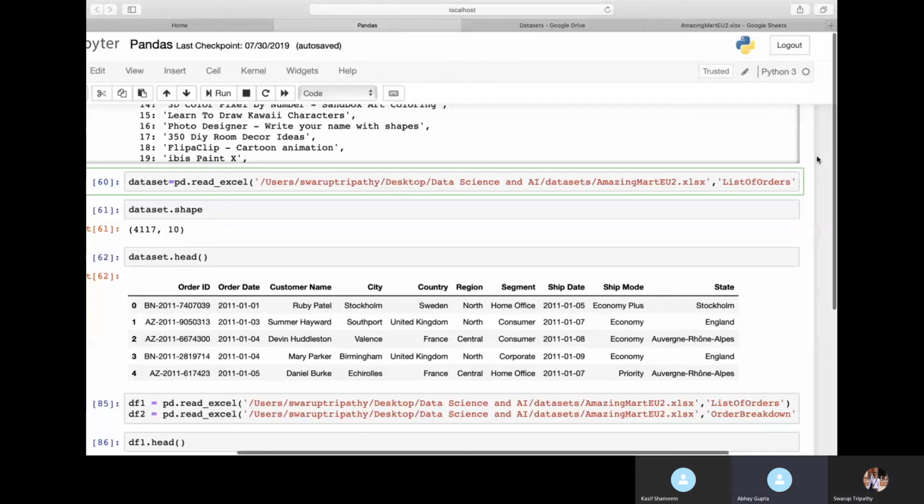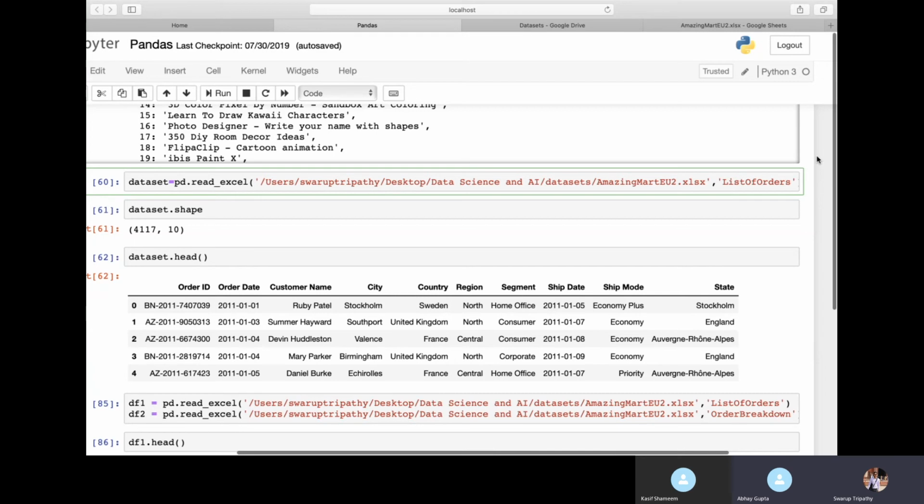For me, I'm practicing on Colab. So for me also I have to pass the sheet name? Yes, sheet name you have to give, but to read the file you have to mount the Google Drive. That day we saw how to mount the Google Drive. So every time I have to mount?